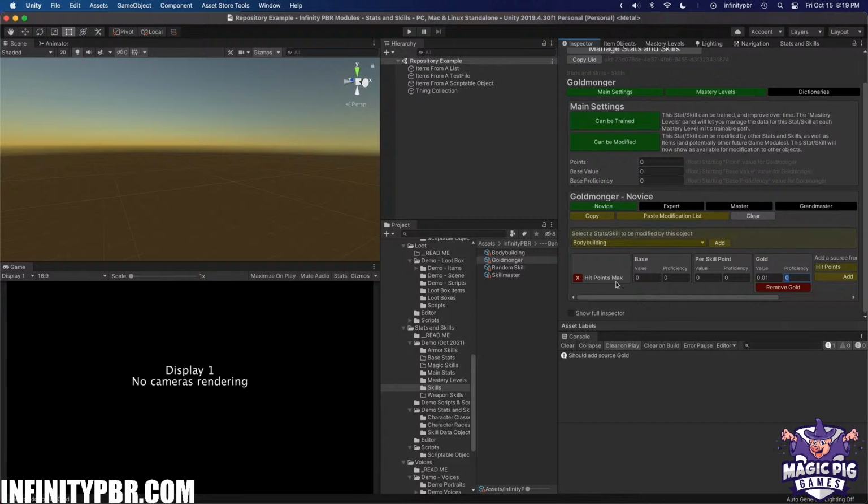Which is really neat. So the point is, what was the point? I forget what the point was. Oh yeah, I think the point was that the hit point maxes should now be affected by gold, and affected by Goldmonger. It needs to be affected by both gold and Goldmonger because,